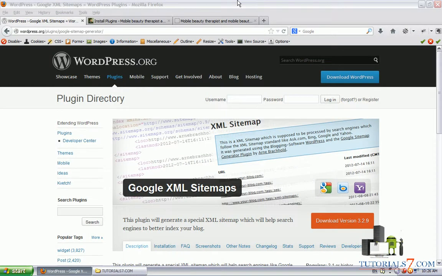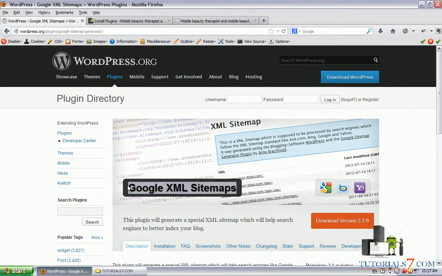Hello, in this tutorial we will see how the Google XML Sitemaps WordPress plugin works. It's a very nice and light plugin for creating a sitemap for your website. Sitemaps are very important for your on-page SEO, and after you've finished creating your sitemap, it is recommended to submit the sitemap in the Webmaster Tool so Google can crawl the sitemaps whenever a new article or post is created.